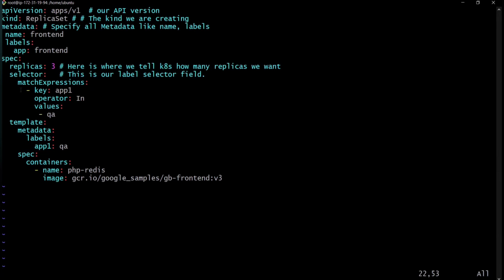The expression contains 3 things: key, the name of the key we are using, operator in, and the value QA. This is our key and this is the value. Whatever pods have the key app and the value QA, this match expression will manage those pods. If we define such a pod by a normal script, this selector will acquire that pod also. Let's execute this file.